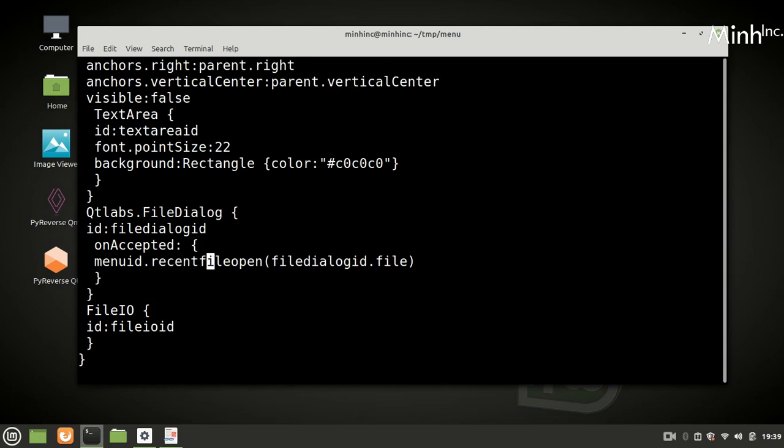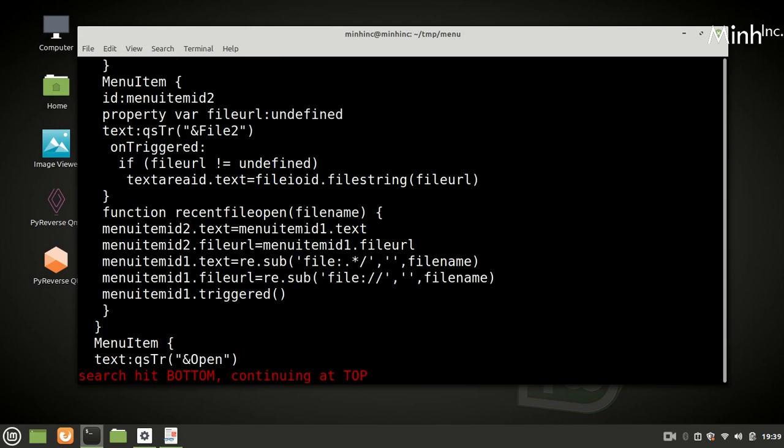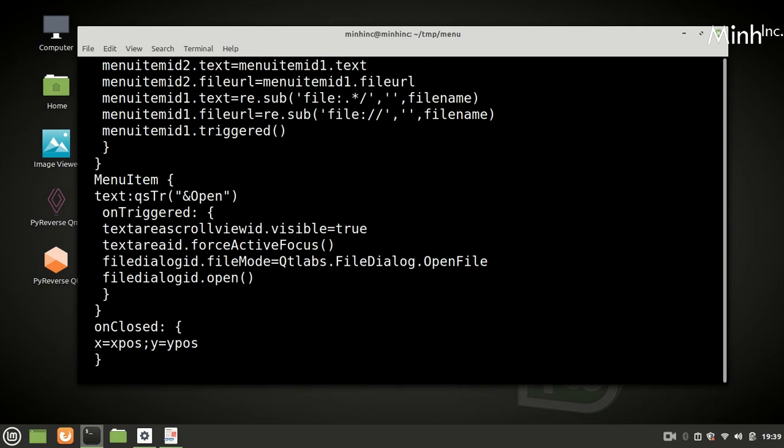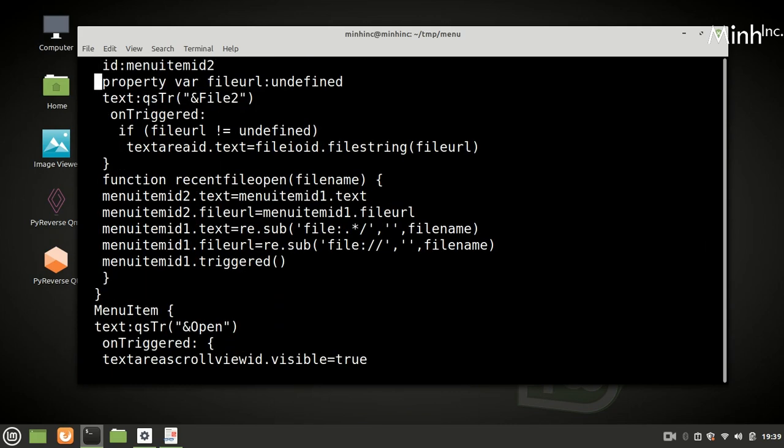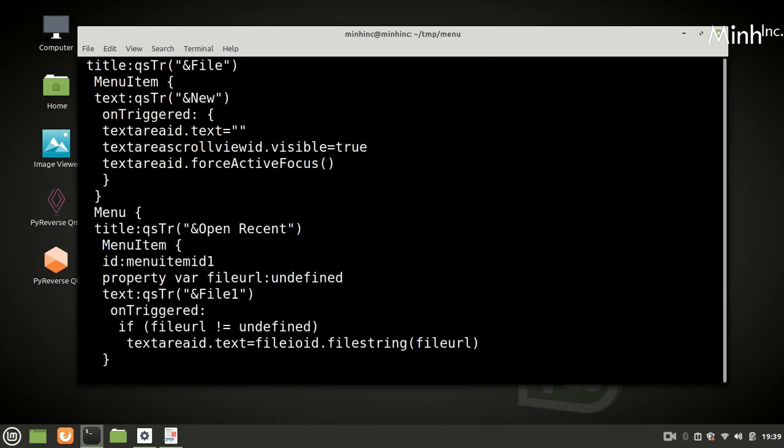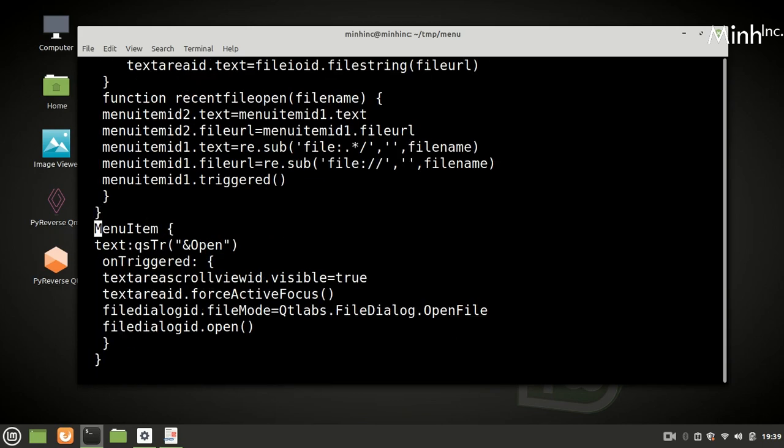Recent file open is a function. Okay, so we have placed it inside the sub menu itself.